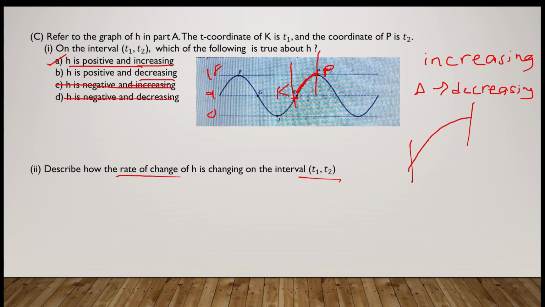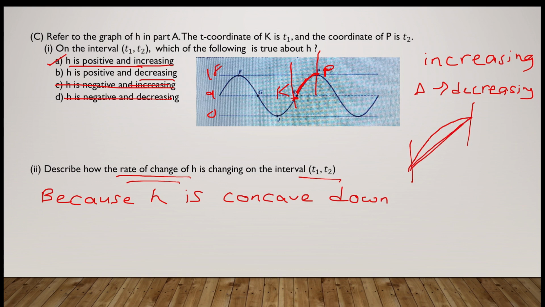But it says describe how the rate of change of H is changing, which means I'll write because the graph of H is concave down, which is obvious since if I join 2 points, then the entire graph lies above the secant line. Because H is concave down on T1, T2,